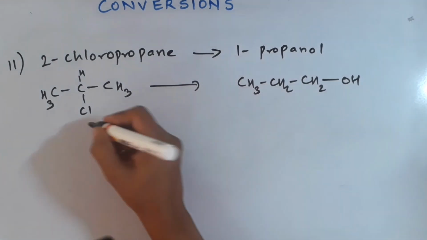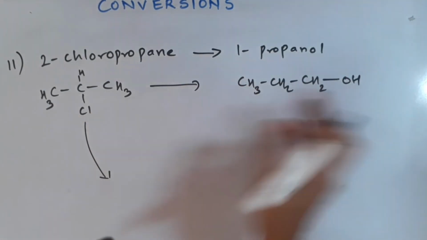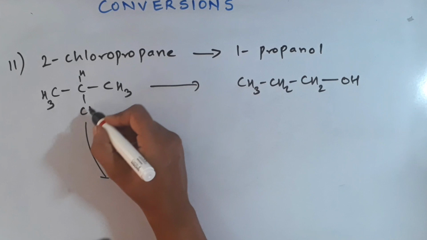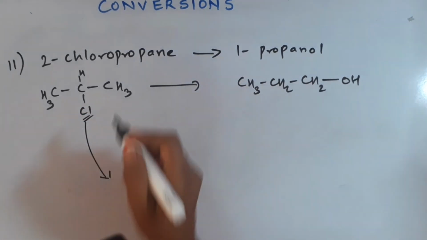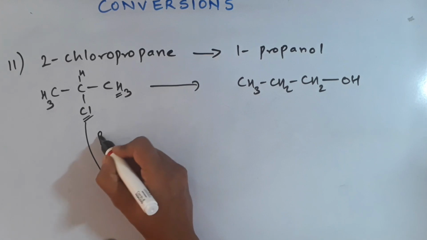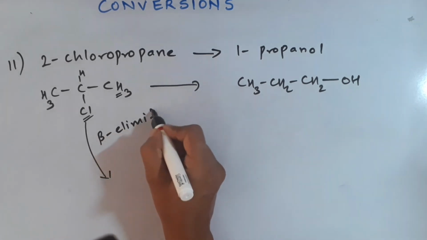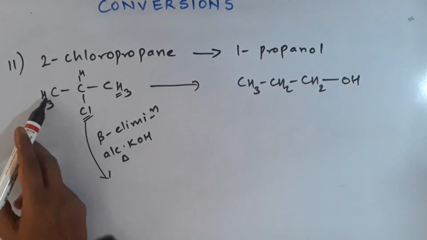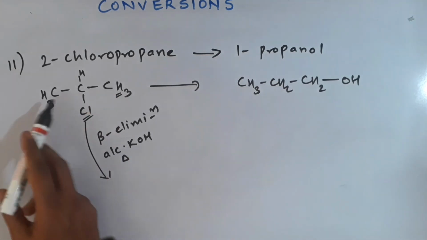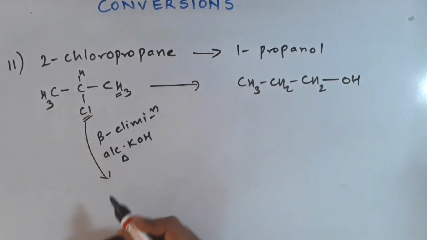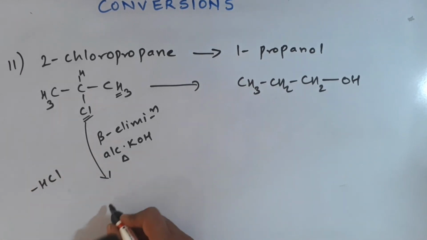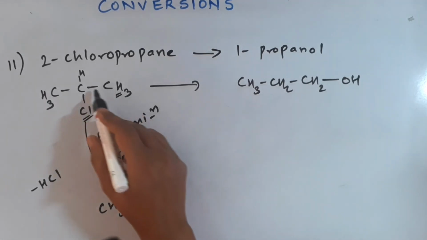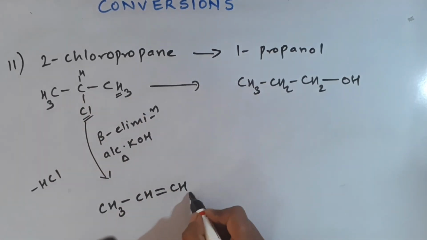What we will use here is, we cannot remove the Cl and directly attach OH over there, okay? So the aqueous KOH formula is failing here. We will first remove the Cl. How to remove Cl we know by beta elimination. We have to use alcoholic KOH, heating it so that the Cl and the beta hydrogen atom will go out, either this or this. Let's remove this. So 1 beta hydrogen and 1 chlorine you will remove out, so minus HCl, and we will get CH3CH=CH2. The Cl is gone, this H has gone, so a double bond has come over there.